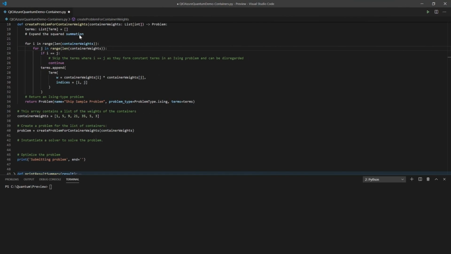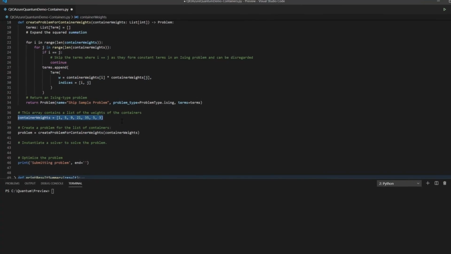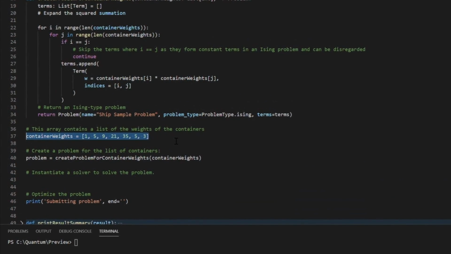Next, let's switch to VS Code to see how we can solve an optimization problem to balance the weights of cargo ships. This is a critical issue in maritime transportation. So what we've got here is a Python program that defines our problem and targets a quantum-inspired solver. Within the same program, I can optimize a problem against multiple targets, which will allow me to easily compare their solutions and performance. Once I create a function that describes the terms of the problem to represent the weight of the various containers, I can submit the optimization problem using just 2 lines of code.